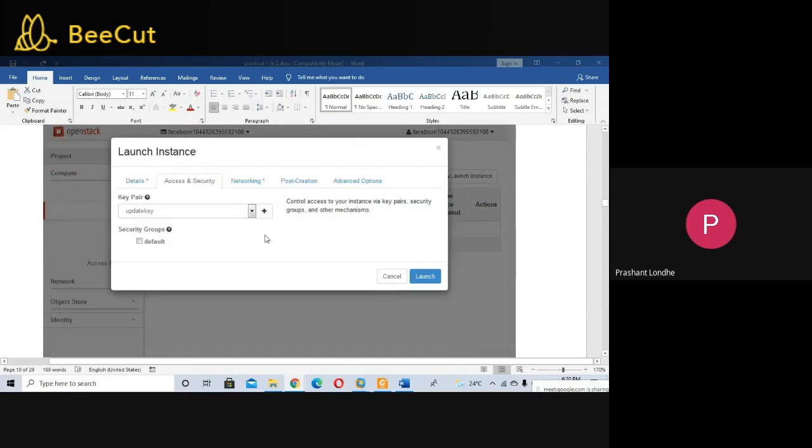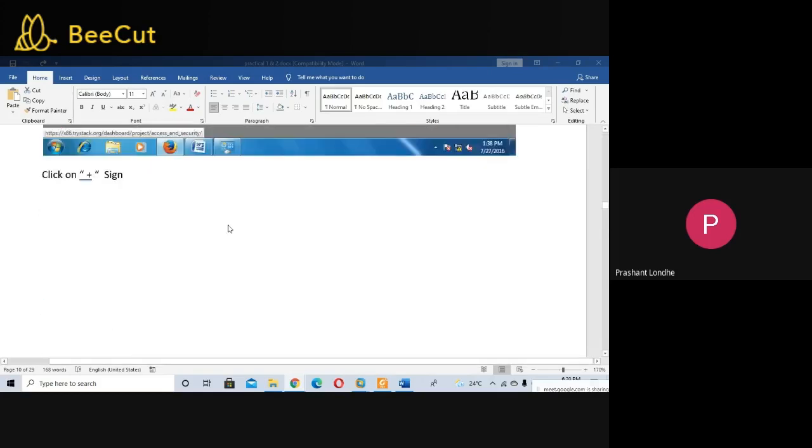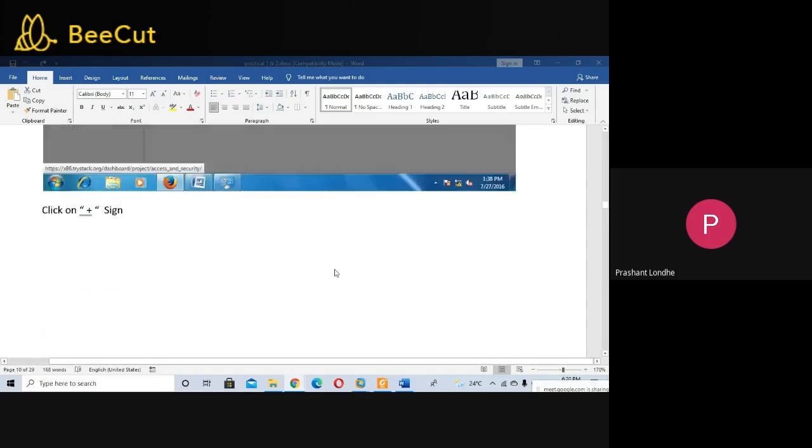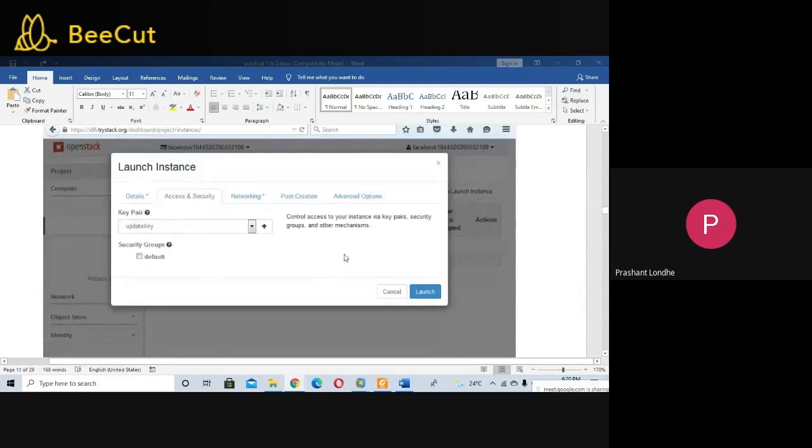Now, if you want to make it private, you need to upload your key. If you want to go for the public, then you can select the default and launch your system. If you are giving your key pair, then it will be called a private cloud. Otherwise, it will be called a public cloud. Now, this is all about the demo version, so definitely understand the actual concept for this kind of practical. Then you can launch your system.